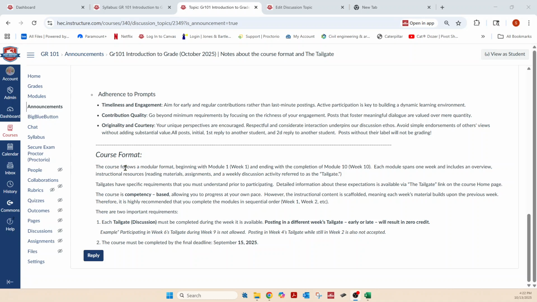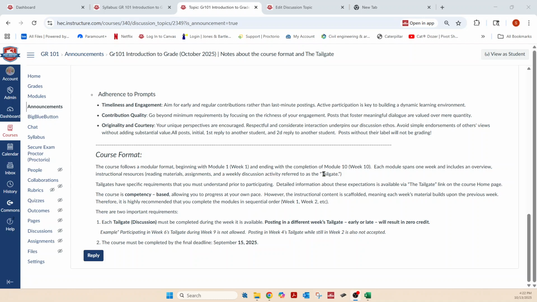The course follows a modular format, beginning with Module 1, which I call Week 1, and ending with the completion of Module 10, which I call Week 10. Each module spans one week and includes an overview, some instructional resources like reading material, assignments, and weekly discussions like we're talking about now.